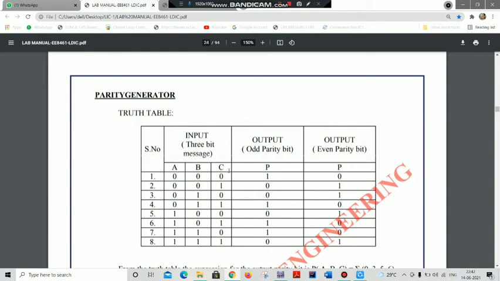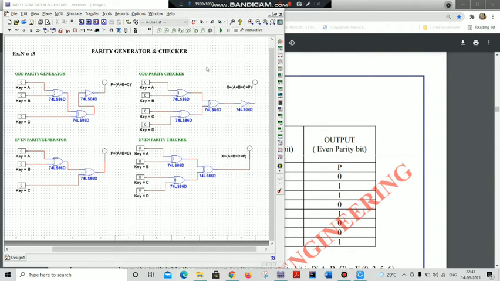So to understand the concept of your parity generator and checker, here I am taking the Multisim software in order to verify your truth table.